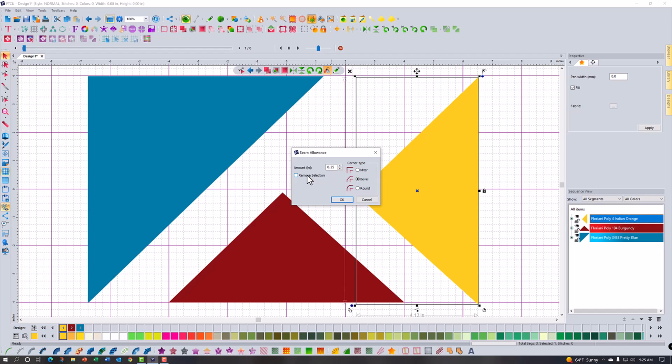What will happen if you click Remove Selection is it's going to create a new object that's a 1/4 inch bigger all the way around, and then take the original one away, which is okay because probably all we care about is the resulting piece. But when you do that, you'll lose the color information that goes along with it. So I'm going to go ahead and leave this piece here, and it'll also show you graphically how it creates